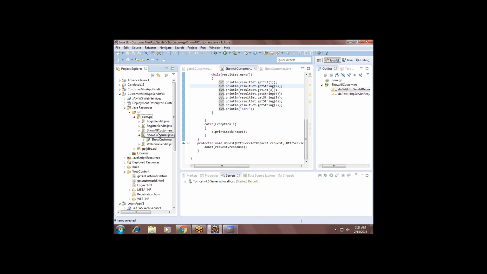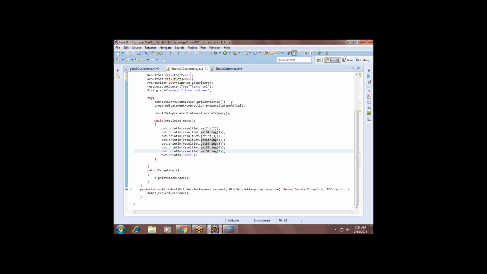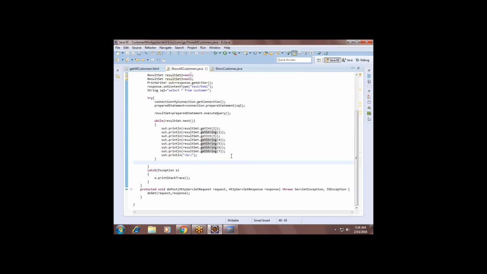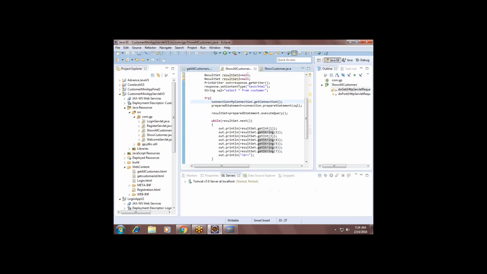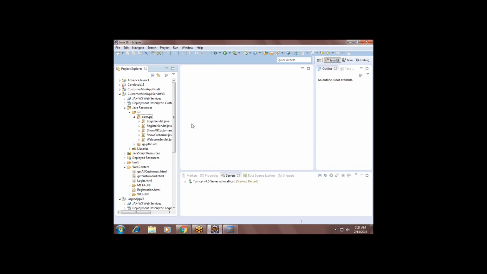Any doubts here? Registration, show one customer, show all customers. One thing you have to remember is that you are printing inside the servlet only. The data is picked from JDBC and simply printed there itself. That is one way of printing, using the servlet concept. And there is another technology we should approach, that is JSP.